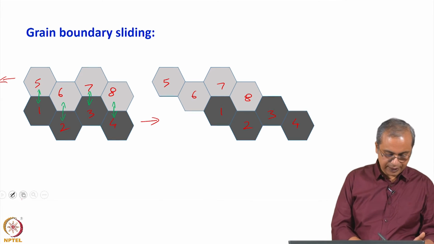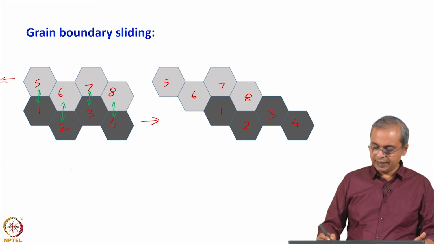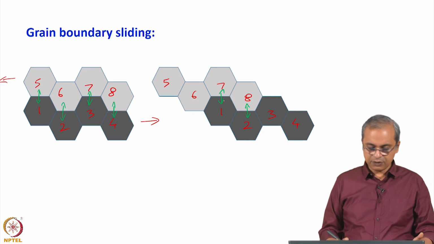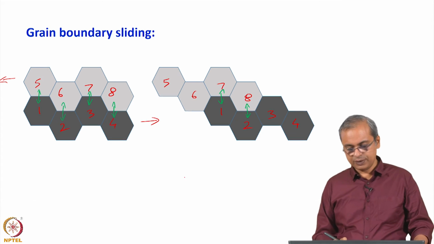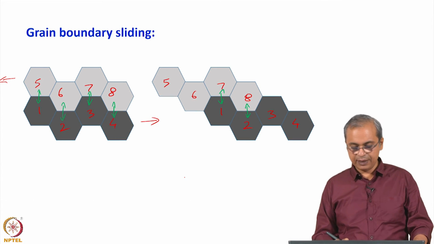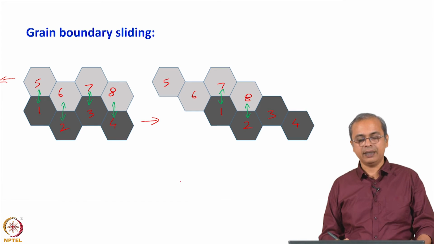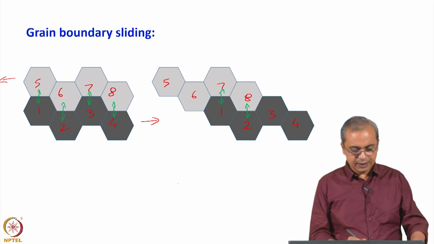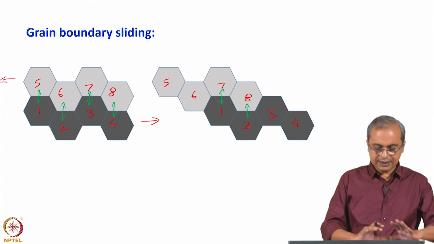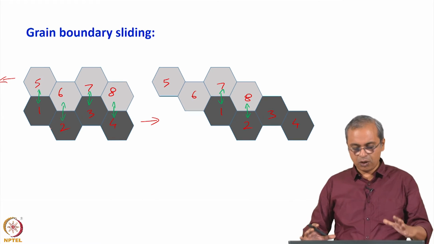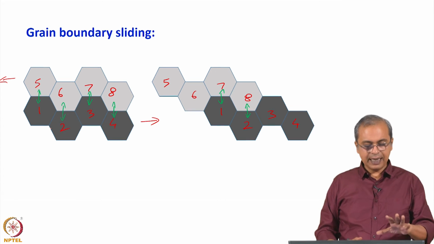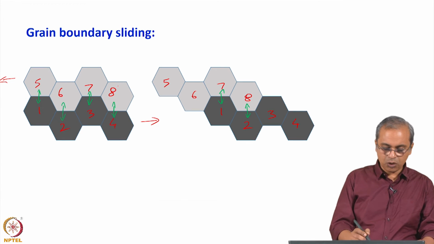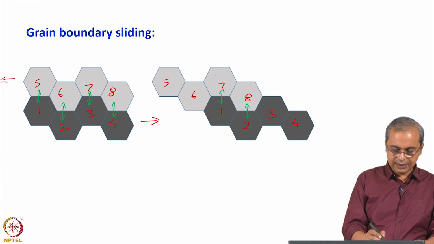And so, clearly you can see significant rearrangement has happened. Whereas 1 was previously below 5, it is now below 7, and previously 2 was below 6, it is now below 8. As you can see here, this is a simplistically drawn model, and the grains look large, and in principle it looks like the grains on top, the 5, 6, 7, 8